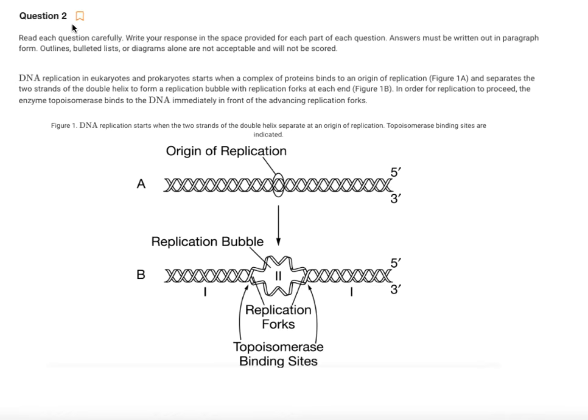Okay, so let's take a look at question 2 here. DNA replication in eukaryotes and prokaryotes starts when a complex of proteins binds to an origin of replication and separates the two strands of the double helix to form a replication bubble with replication forks at each end. In order for replication to proceed, the enzyme topoisomerase binds to the DNA immediately in front of the advancing replication